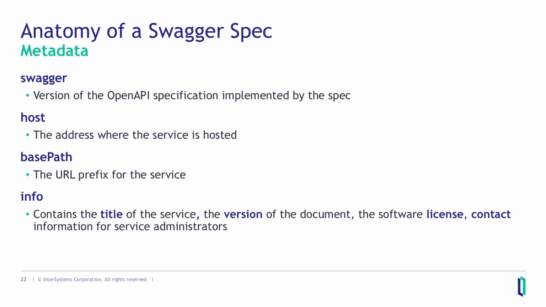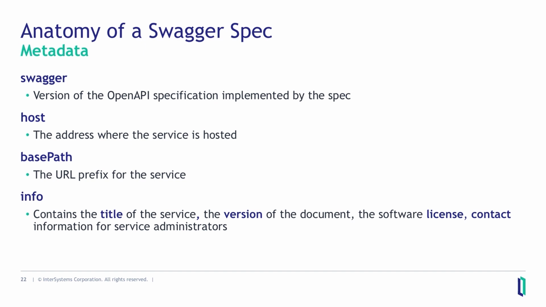Host and base path. Where is your service located? How do I make requests to it? What's the address? These are things that a client might need to know if they were looking at your spec independently of the server where your service is hosted. We also have an area to add some additional information, things like the title of your